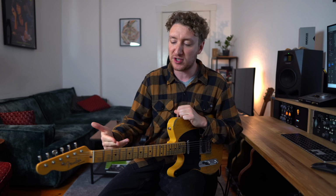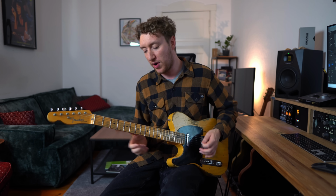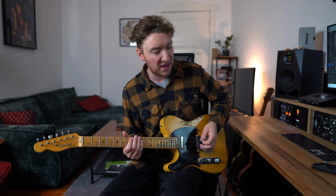Another cool thing about C# standard is that the tuning is low enough so the guitar actually sounds like more than one instrument. If you're keeping the bass notes alive in whatever you're playing, it sounds like it's at least two things, a guitar and a bass. I'm going to show you how. So let's, for instance, play...